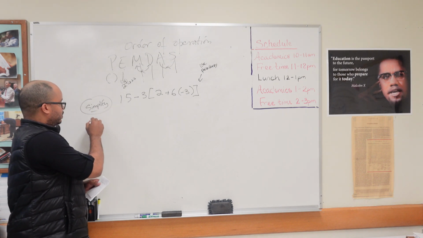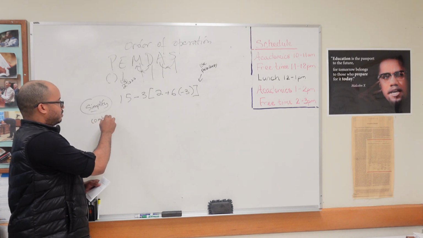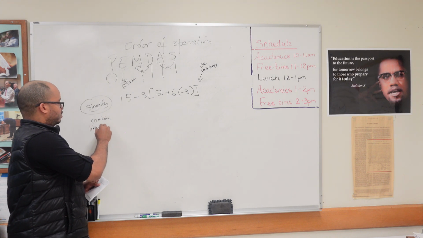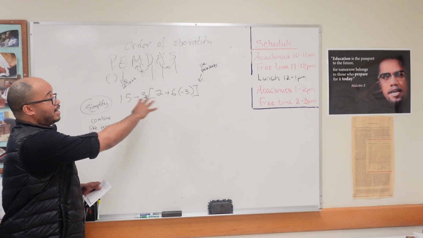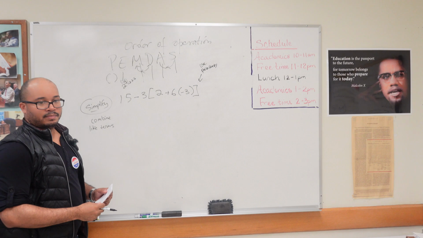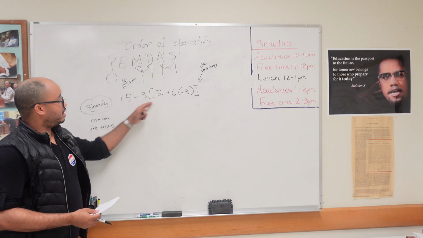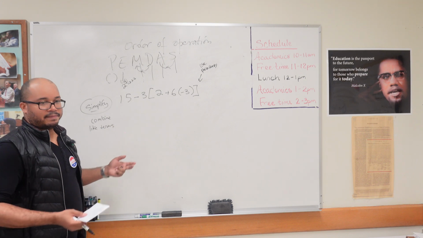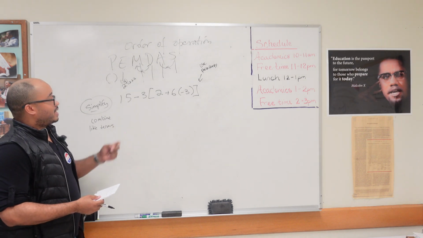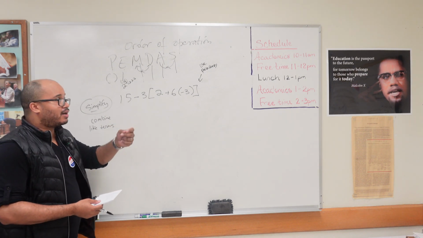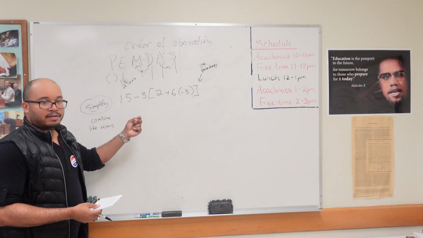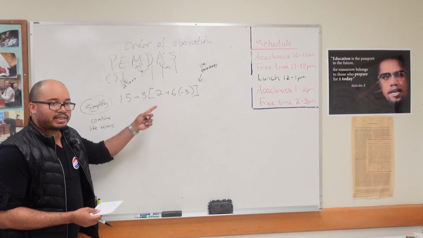Simplify, right? Typically they mean combine like terms. Right now, everything is a number. There's no like term there. So each of these is a number on its own that you can combine. Say if there was an x squared, or some letter, then you couldn't combine this 15 with that letter.